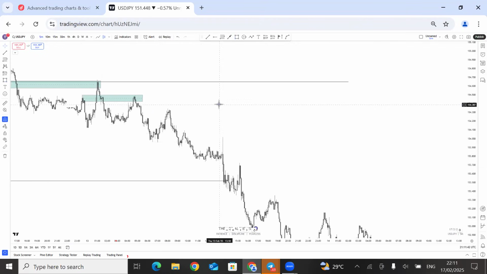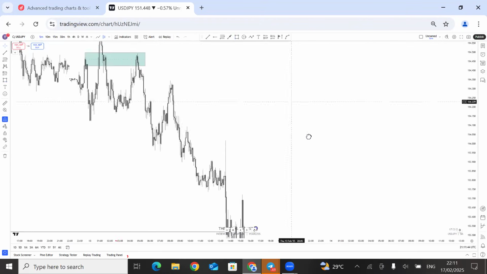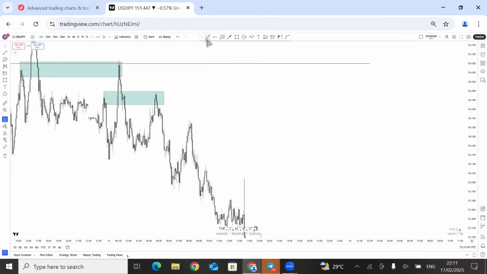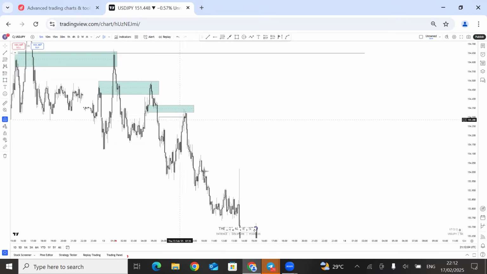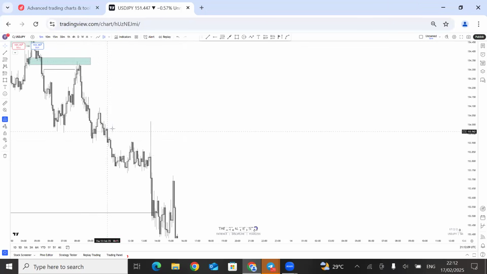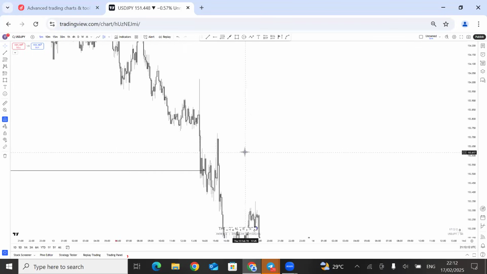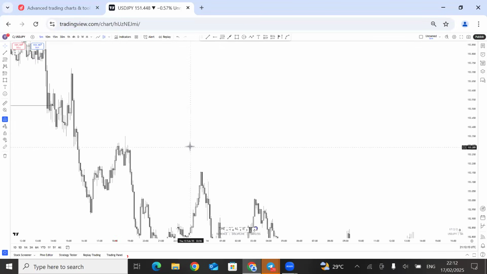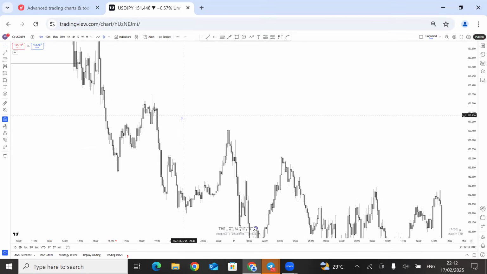Here should be a breaker block. Liquidity, here is going to be liquidity. All right, this will be liquidity, and this here is going to be a breaker block. Okay, you have this sell. Let's see again what happened. I won't take that. Let's check. I won't take anything here.